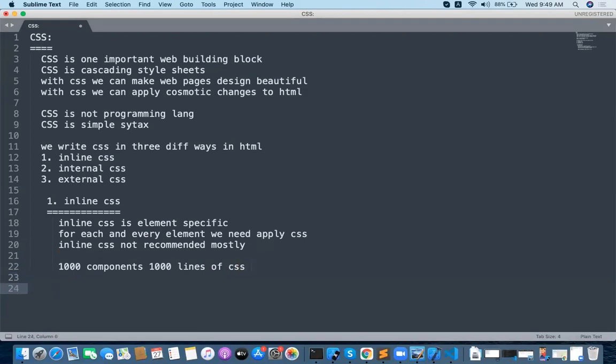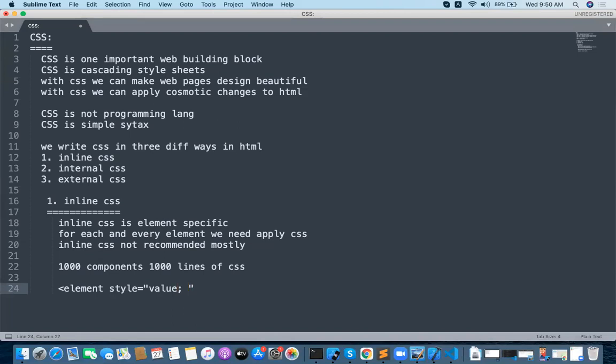But sometimes you can use inline CSS. This is element specific: whatever element you are writing, you need to write it with a style attribute. Style is a very important attribute to write inline CSS, and an attribute is nothing but a property of the element. So you write a style attribute and write your values inside it, and each and every value is separated with a semicolon.